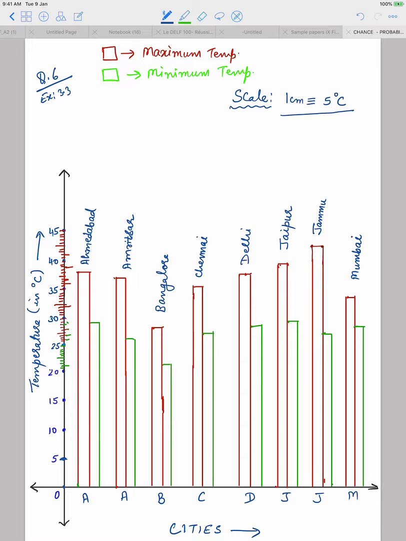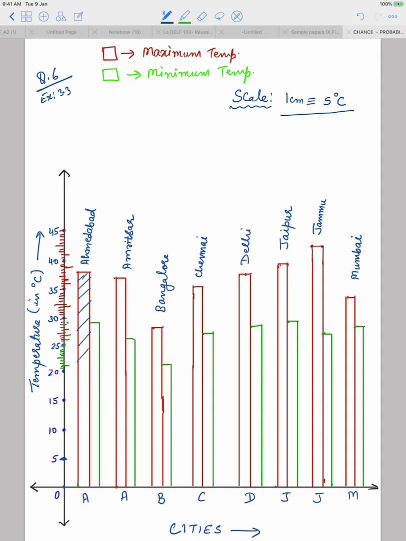So whenever you make a double bar graph, it is very important that because you are making 2 bar graphs, I had the option of 2 different colors. So I have used red and green, one for maximum temperature, one for minimum temperature. Suppose in exam you don't have different colors. What you can do is you can draw both the bars with the pencil and give different kinds of shading in them. Maybe suppose for maximum temperature with pencil you do this kind of a shading.